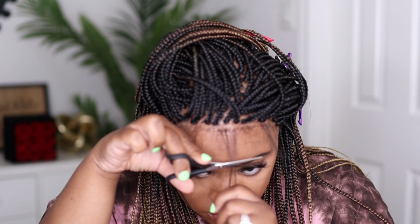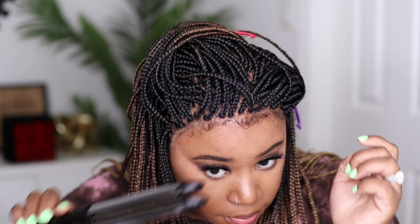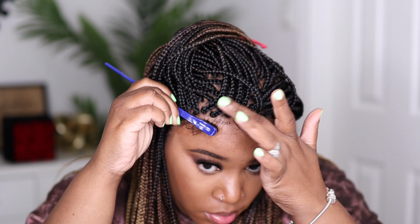Now I'm just combing through the sparse hairs because they did get stuck a little bit from the spray, and I'm just going to work on cutting them down a little bit shorter. Now I am going to end up plucking out some more hairs in the front because I want them to be as thin as possible. I realized I didn't want them to look too thick because I wanted the hairline to still come off looking natural. Yes, your girl did bust out her flat iron to swoop these hairs